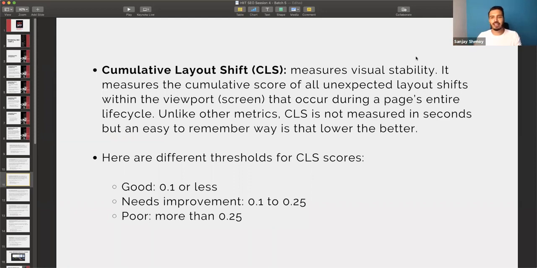What cumulative layout shift is trying to say is that the more stable the entire page is visually, the better it is for the users, right? So don't try to do crazy things, and once it is loaded, make sure it is stable. Don't put random pop-ups which move the page below and things like that. So here are the different thresholds for CLS scores. Again, remember, this is not time. This is a calculated score. 0.1 or less is good, needs improvement